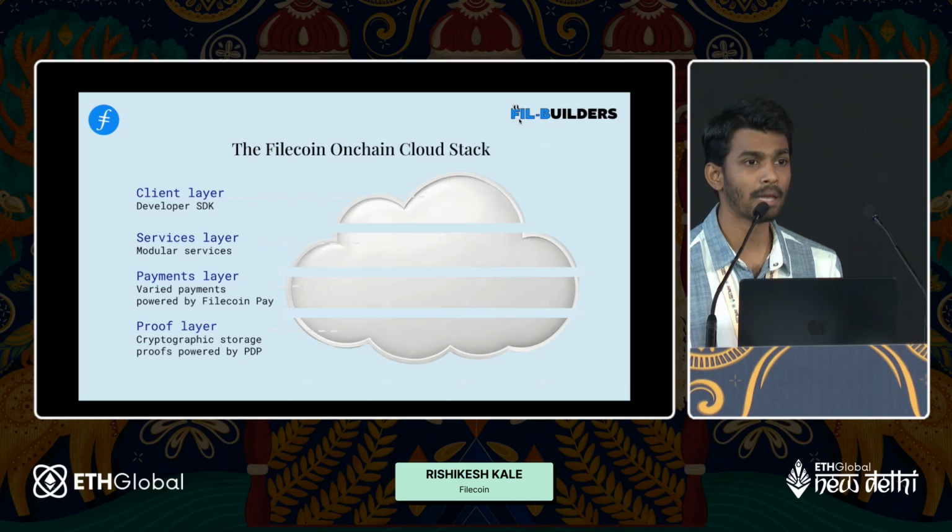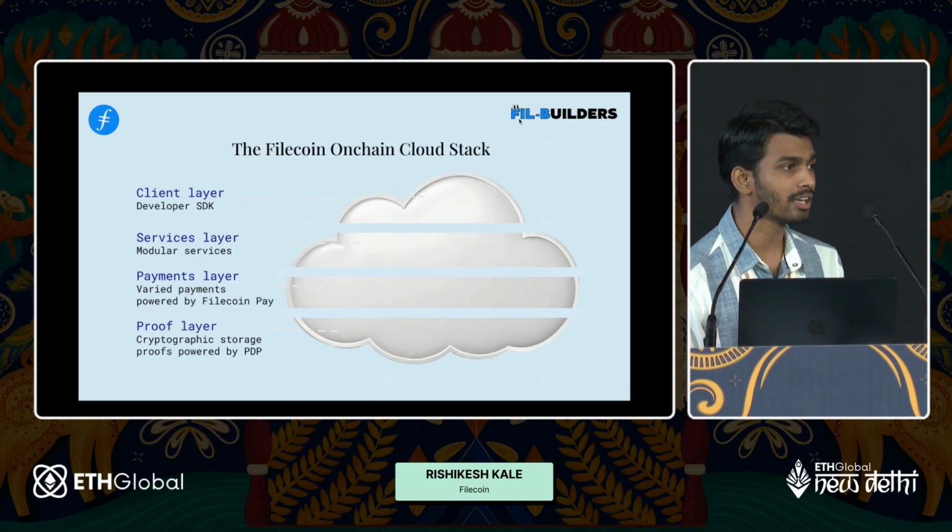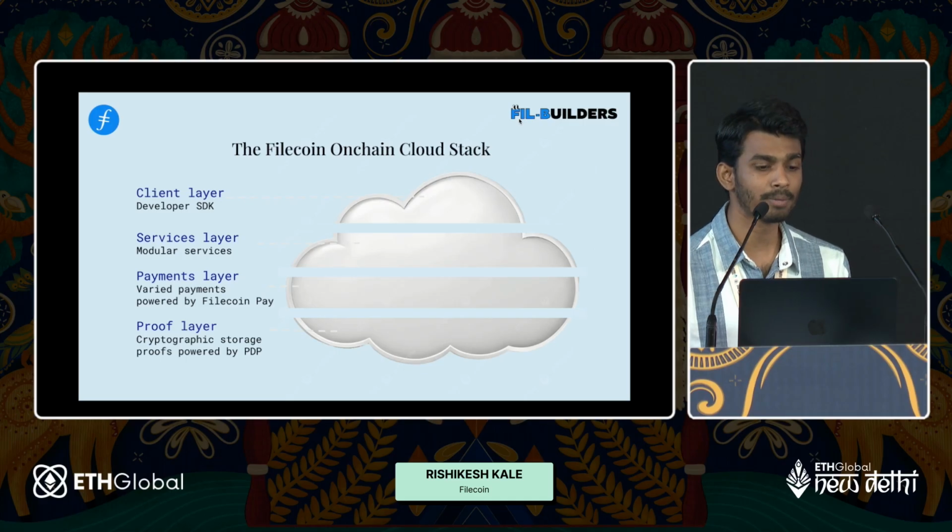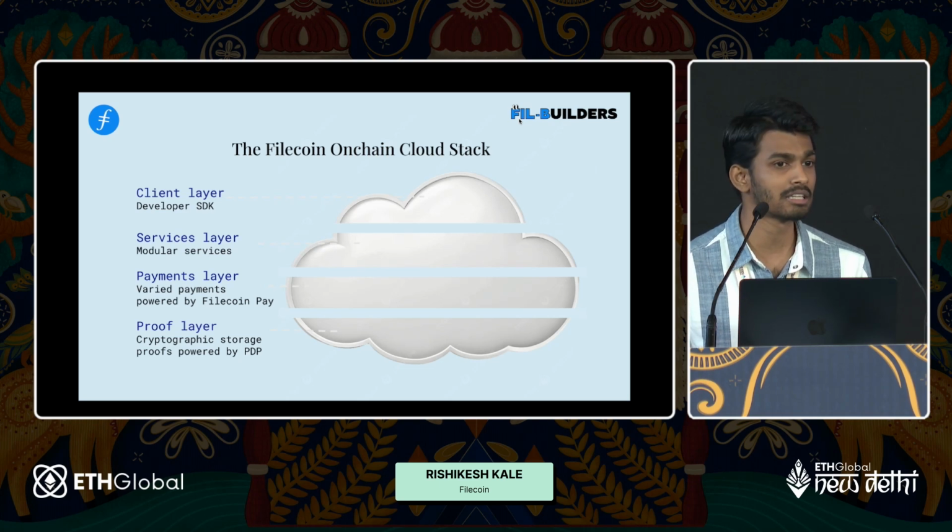And the next one is the payment layer. We recently launched a stablecoin on Filecoin, so all the payment part for this on-chain cloud is backed by this stablecoin payment. You don't need to worry about price inflation or whether it's pumping or dumping. Since it's backed by the stablecoin layer, it makes your end user pay very, very smoothly.